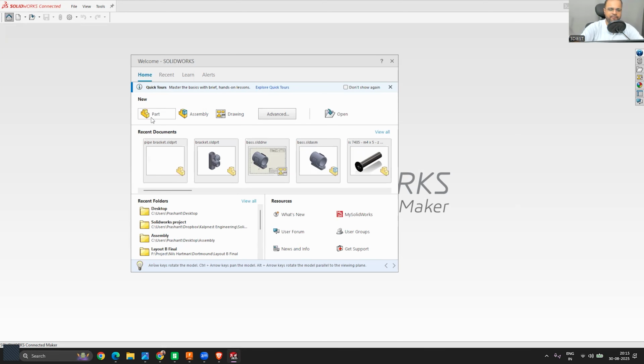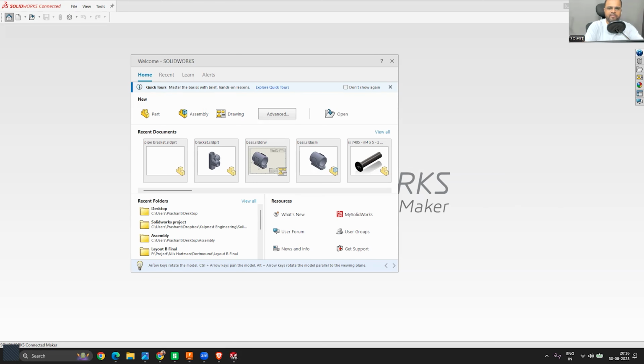If you are an AutoCAD user, you could have noticed, whenever you are saving your file inside AutoCAD, what is the file extension you are saving? What is the default file format for AutoCAD? Can you please write into the chat box? For example, for a PDF file, the file format is .pdf, right? In a similar manner, what is the file format for AutoCAD? Yes, correct, .dwg. In a similar manner, for SolidWorks we have three different file formats, and I'm just sending them into the chat box that you can see.